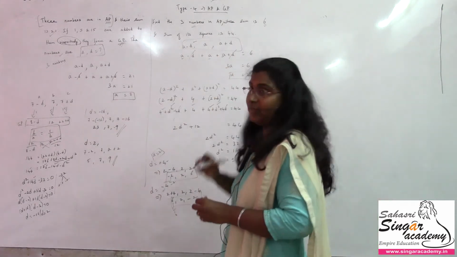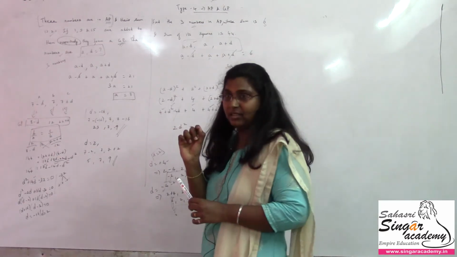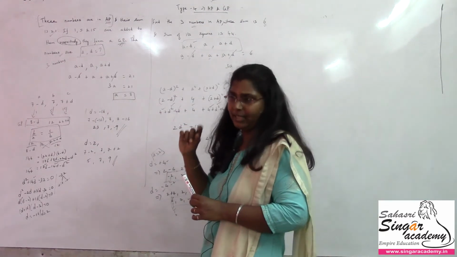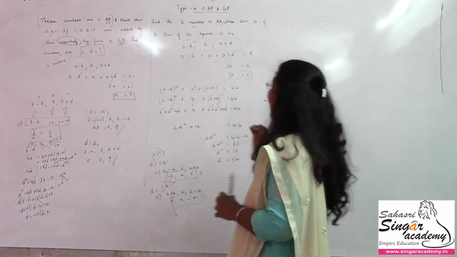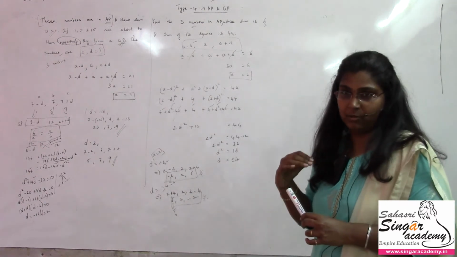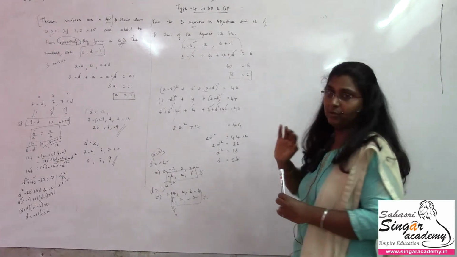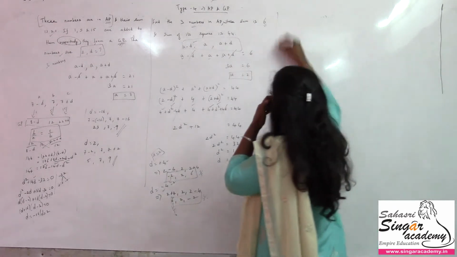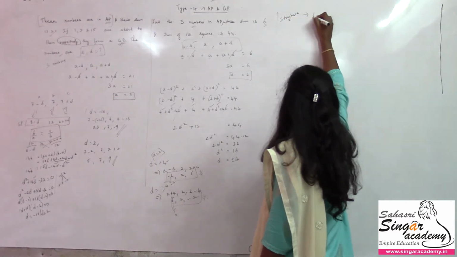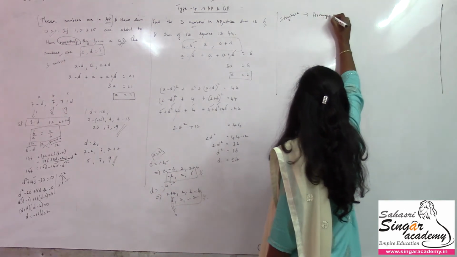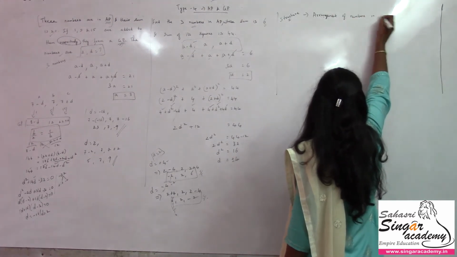So these two problems we have seen. Usually a doubt comes up: when splitting AP into three numbers, we take it this way, and in GP we discussed in Type 4 problems that we take A, AR and A by R. Similarly, how would it look for 4 numbers or 5 numbers? So I will discuss here not the problems but the structure, how it will come. So we have the structure for division problems. I'll take the structure here, that is, how can I arrange the numbers in sequence. Arrangement of numbers in sequence.